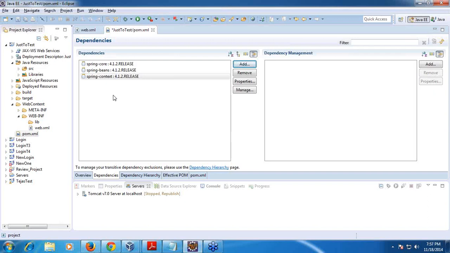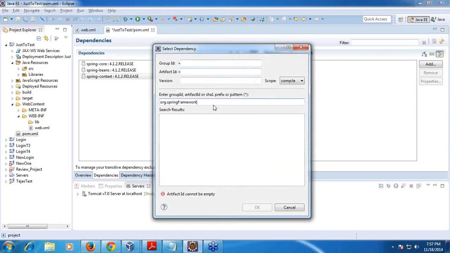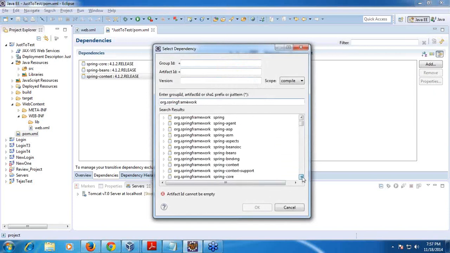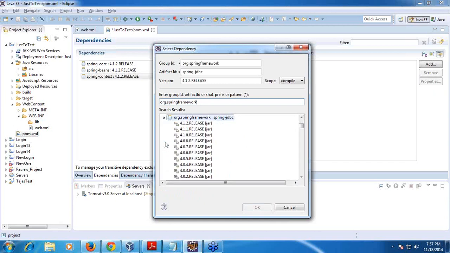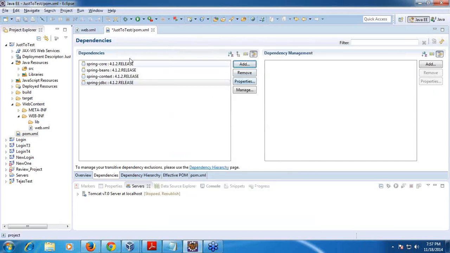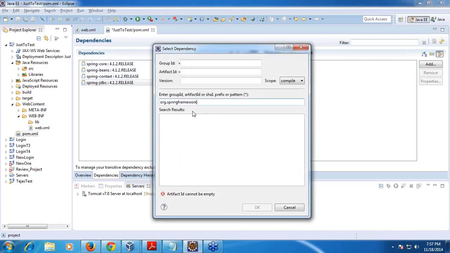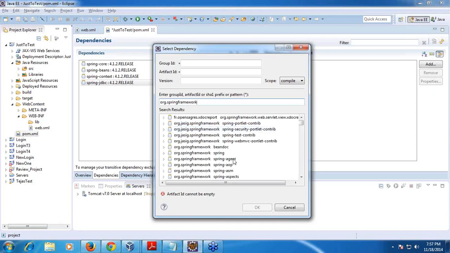Now let me also take JDBC related plus web related jar files. So just I will come back again here. So now again I will type. So you can just come down here and see JDBC also here. Just click on this. So you don't need to worry about versions, all these things. See how simple it is. I'm just searching and then including them here, right? Yes, I forgot to tell you, you need to have internet for this. It is all connecting to internet, and then it is in sync with web. So once you save this, it will all be downloaded to your application. I will show you that once I finish with all these connections.